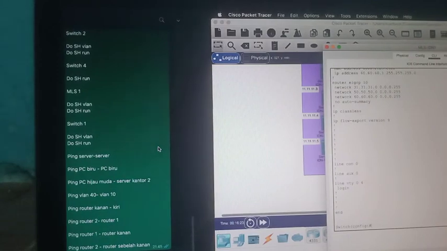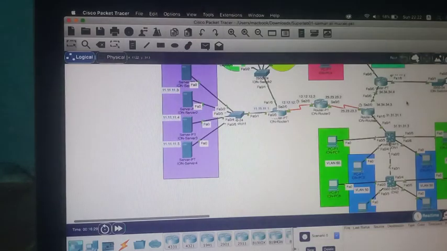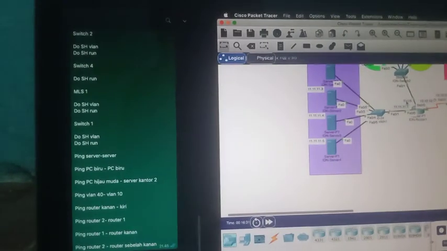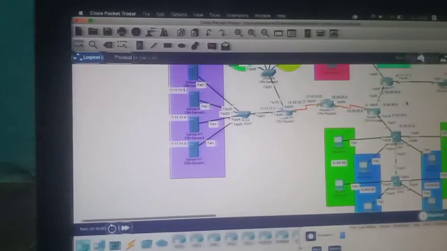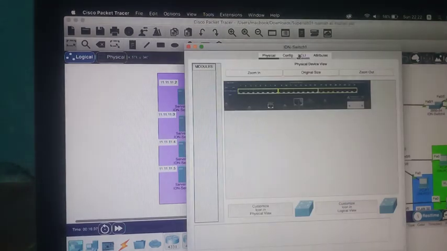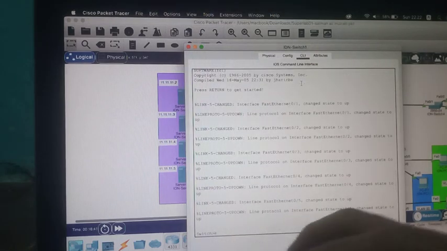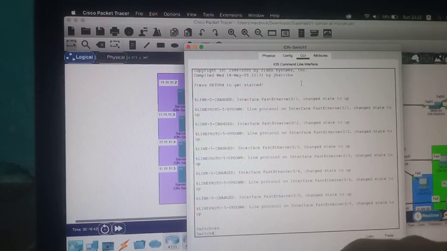Next we go to switch 1. In switch 1 we enable and configure terminal.